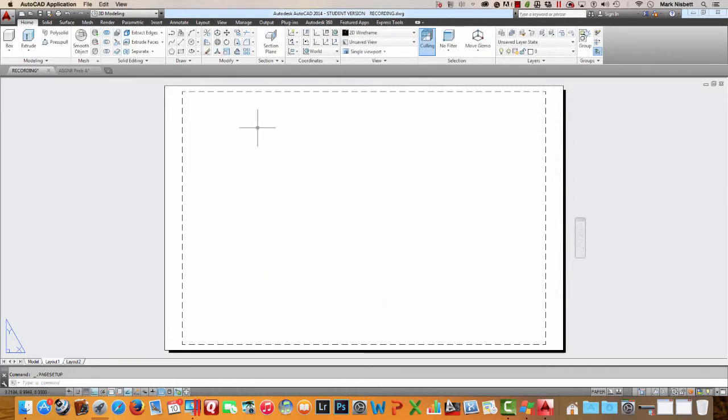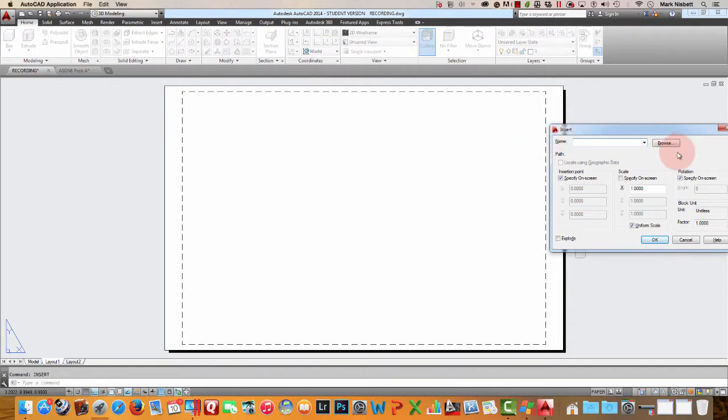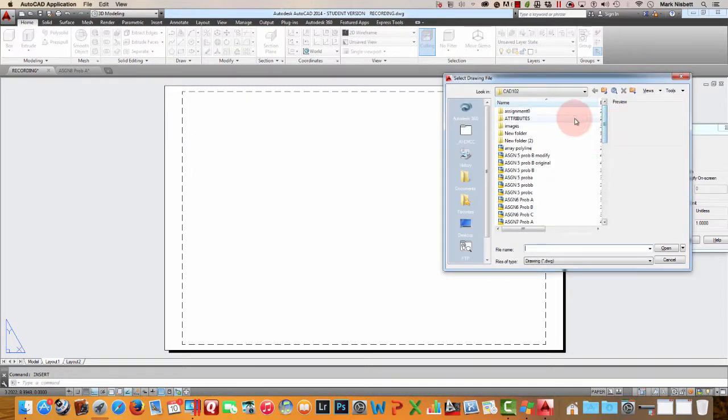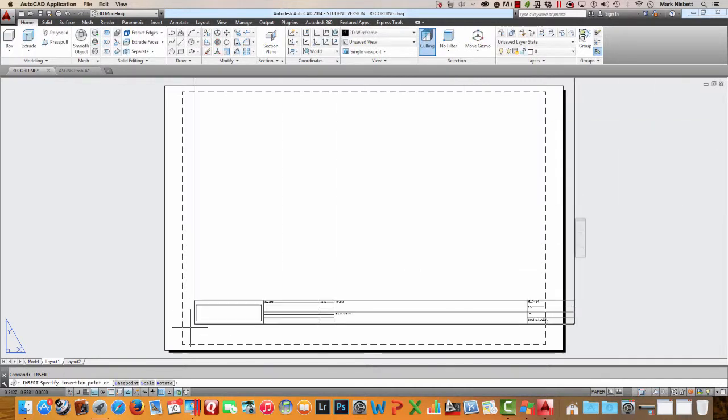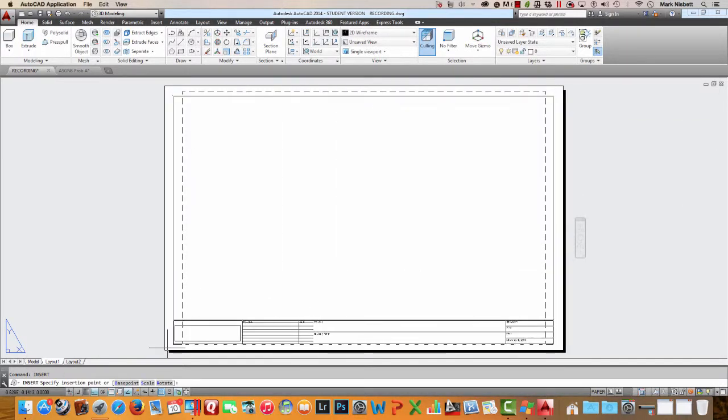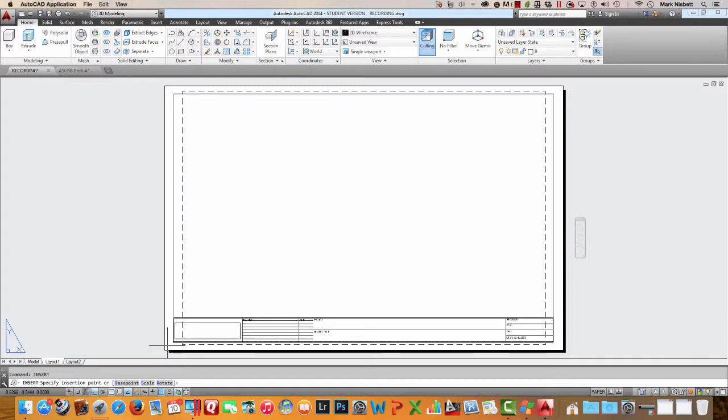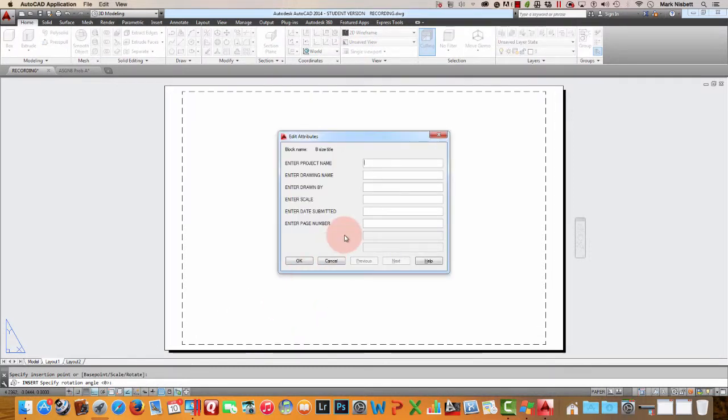So you'll see here, I'm going to go ahead and insert my title block at this point. I'm going to grab that off of my hard drive, and that should be in here someplace. Let's see, B-size title. Okay, I'll open that up and insert it in, and you'll see that it's not going to fit within the hard clip limits,